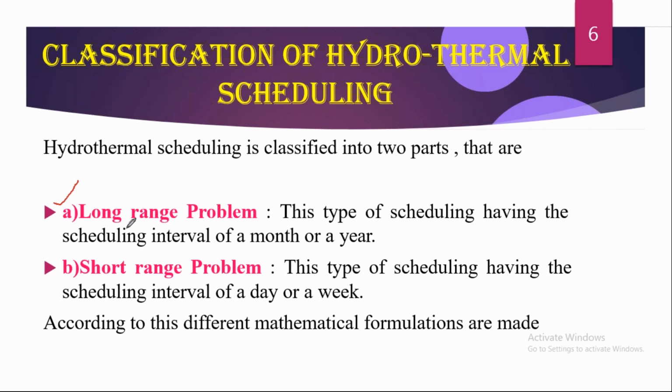And we can solve this problem by using mathematical formulation. The mathematical formulation decides what the optimal scheduling is among these two plants. In the mathematical formulation, we use equations that belong to the availability of water and the balance equation. These are the different formulas we are going to use in hydrothermal scheduling. So keep remembering these two types of scheduling that we are going to use in hydrothermal scheduling.